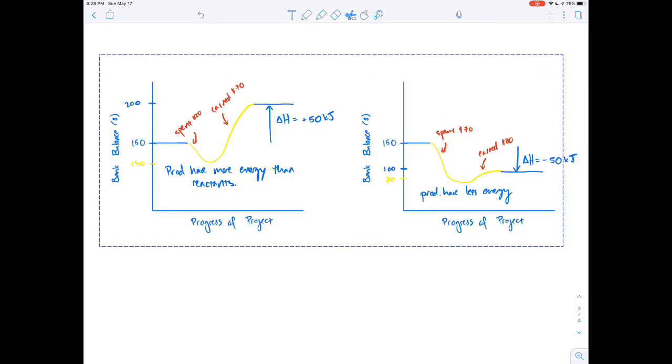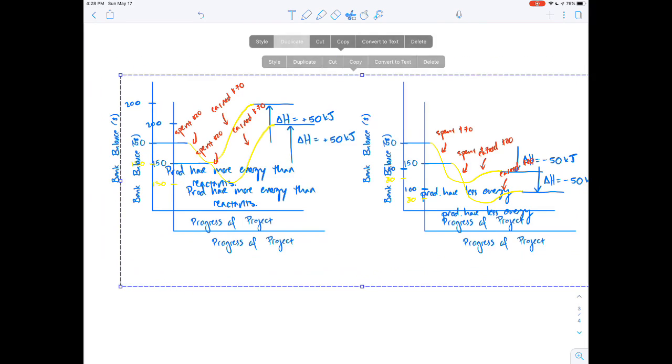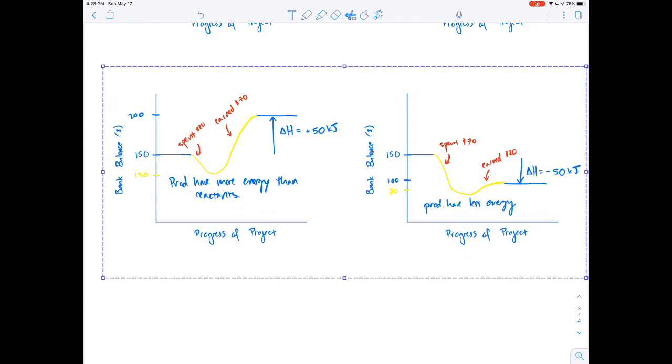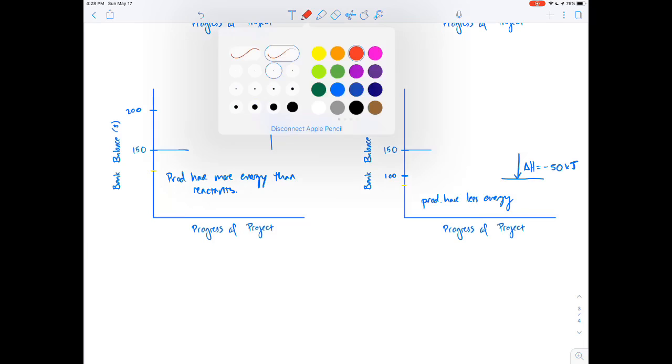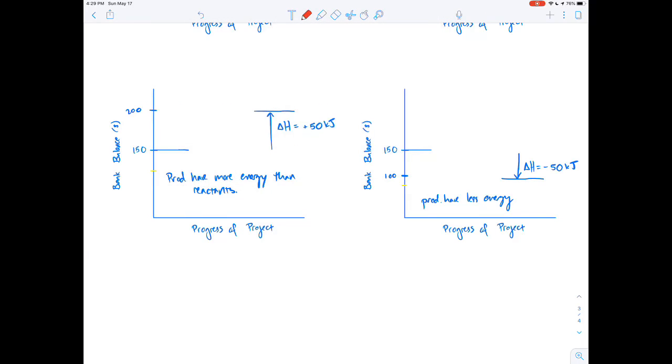Okay, if we were to look at this from the chemistry perspective, it's a little bit different, because whereas this kid had to lose money to first go from reactants to products, in chemistry, you first have to gain energy to go from reactants to products, because when you have reactants, their bonds need to be broken in order for them to start to convert to products, and breaking bonds requires energy. That's why regardless of whether the reaction's endothermic or exothermic, you always first have to break bonds, which requires energy. Okay, so